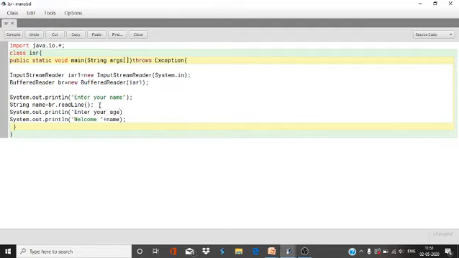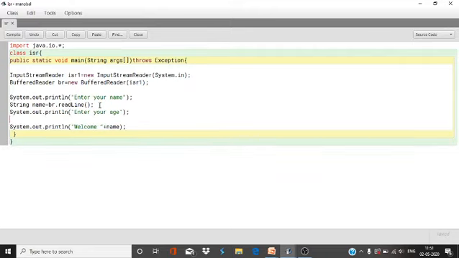Age will be the integer data type, so int age = Integer.parseInt(br.readLine()).